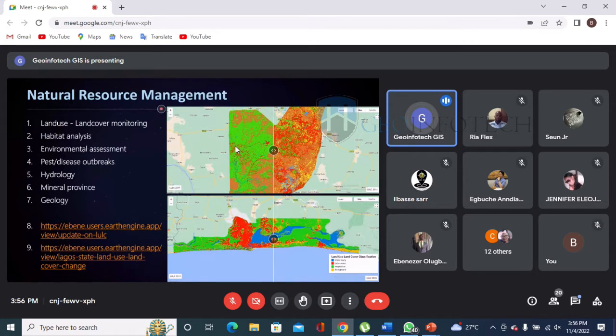And recently when we did a study in Banana Island, we noticed that the elevation of Banana Island is within 2 meters above mean sea level. So when we studied the